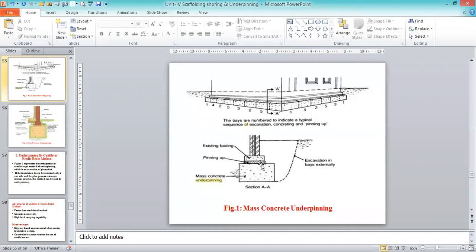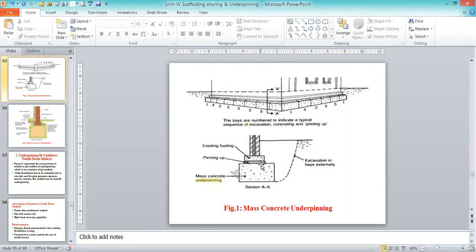Now we can see that in general also we extend the column. Then we are going to provide the cap, such that next day we are going to continue from there itself. We cannot directly go for a column length of 20 meters, 30 meters, or like that. So one day we can go for some length. Up to that we prepare the formwork, then we complete the column, then next day we extend the formwork for the other length. So that is what we call the joint, or the pinning up we are going to provide.